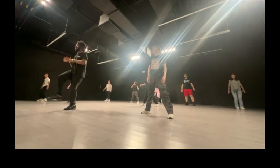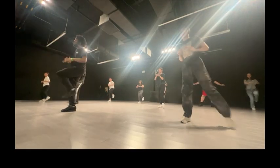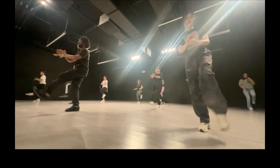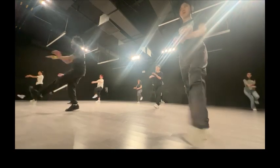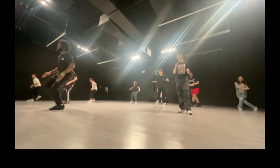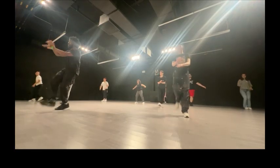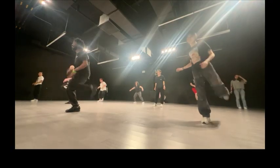So I'm up, I kick, down, step. Up, kick, down, step. Up, kick, down, step. And then eventually, it should feel like this. All right, I'm going slow, and if I wanted to speed it up, to try to match the music, that's really fast, but it will look like